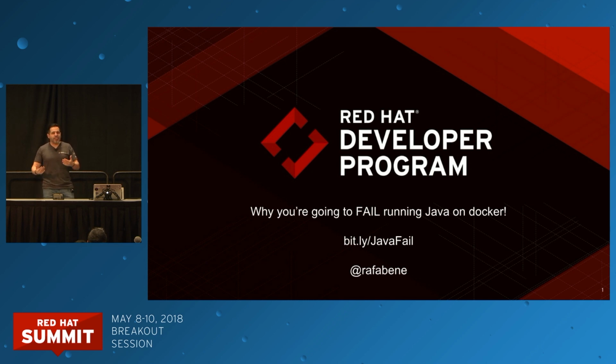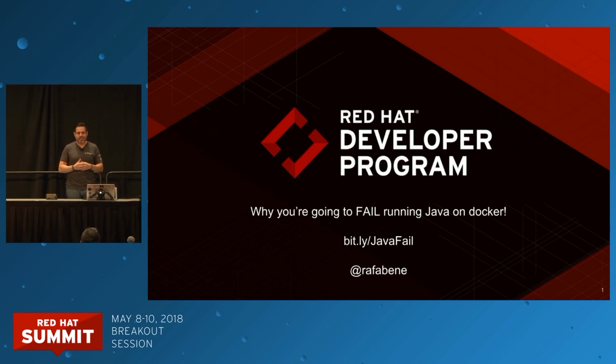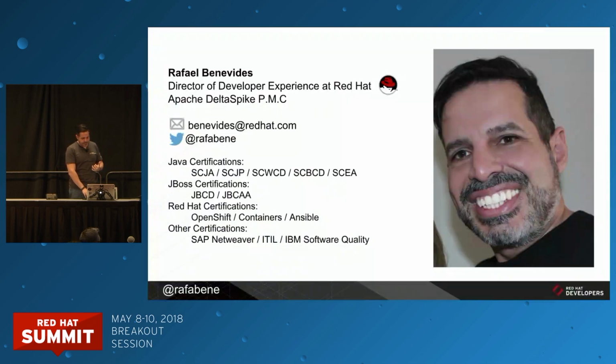And have you ever asked why you are taking a Java application and placing it inside a Docker container? It seems a little bit odd, isn't that true? But in fact, containers are changing the way that we deliver software. So people started to place Java applications inside containers because it's easy, and we'll talk more about that during